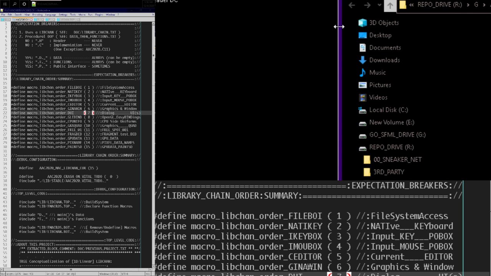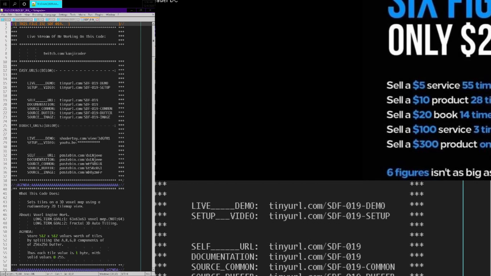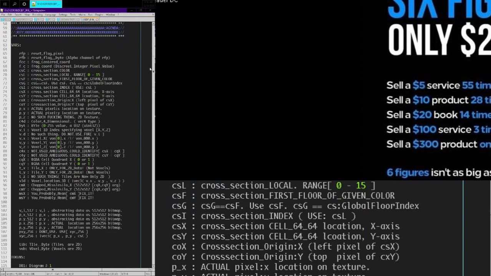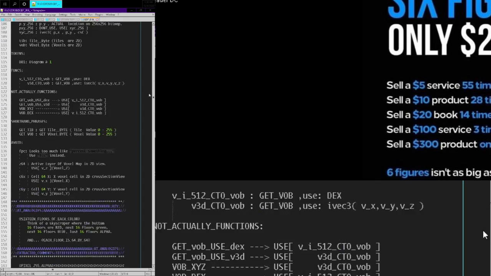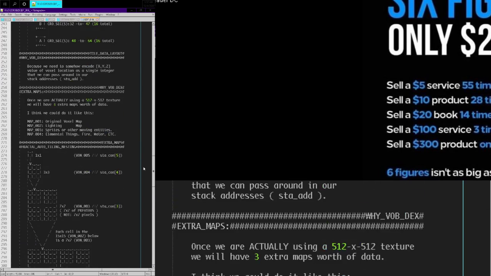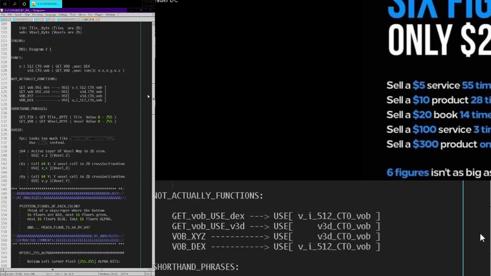But let's also take a break and go back into this C code project, and hopefully that'll also help me know how clear some of my code is, because when we get back to this SDF19, we're going to see all these variables, and we're going to be like, oh crap, that's a lot of variables, right? We're going to see these diagrams and be like, oh, those are probably nice diagrams. We're also going to see that the column limit is wrong, and